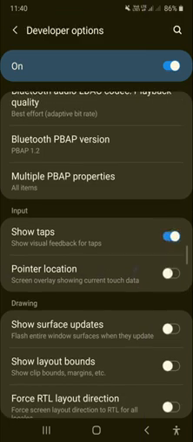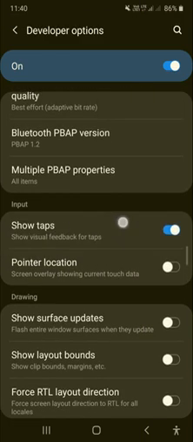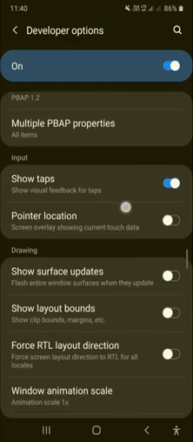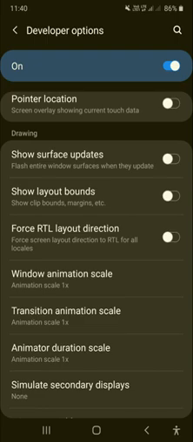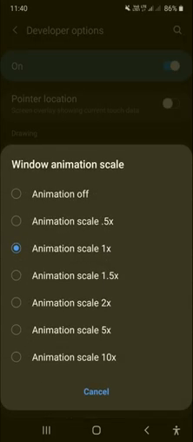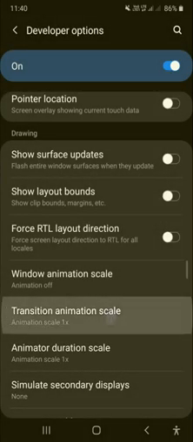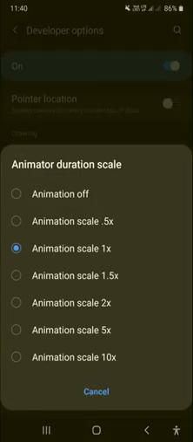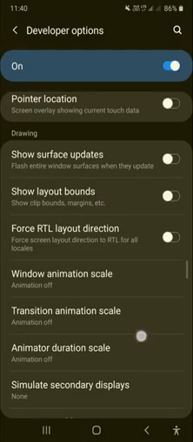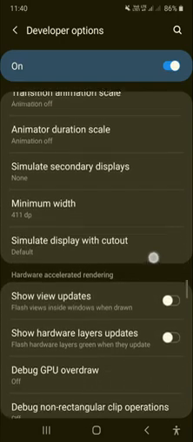Show taps, just switch on this. It helps to see where you are touching your screen. Next one is animation, Window animation scale. Always switch off the Window animation scale and Transition animation scale. Switch off these three options, including Animator duration scale. It will open the apps very fast.